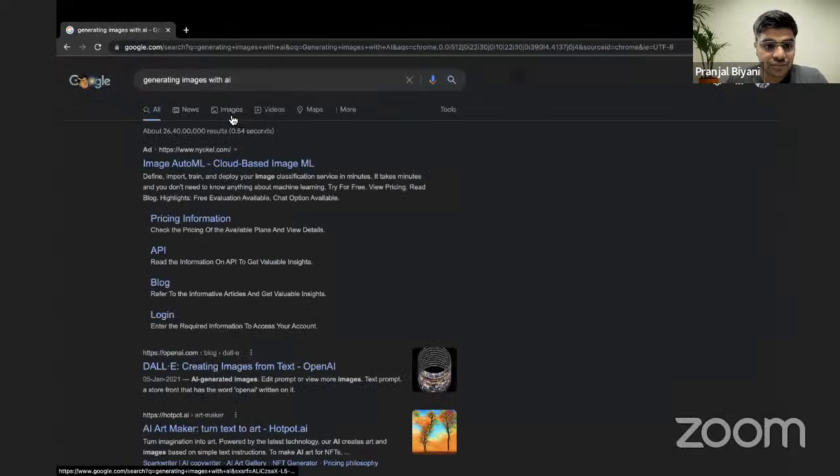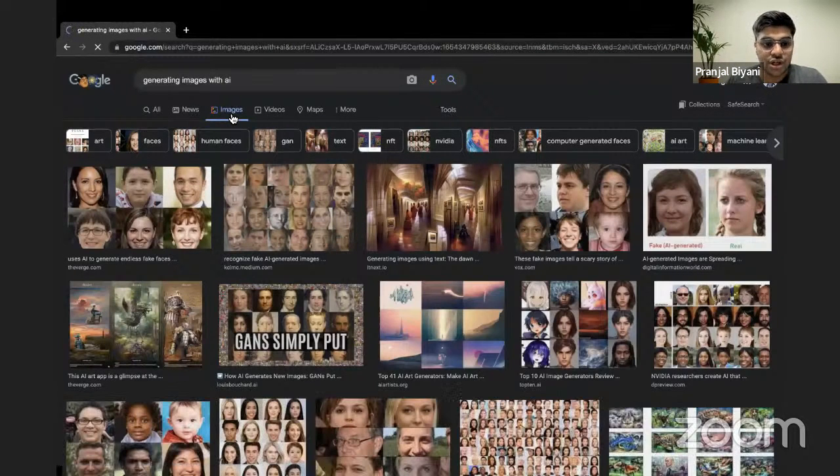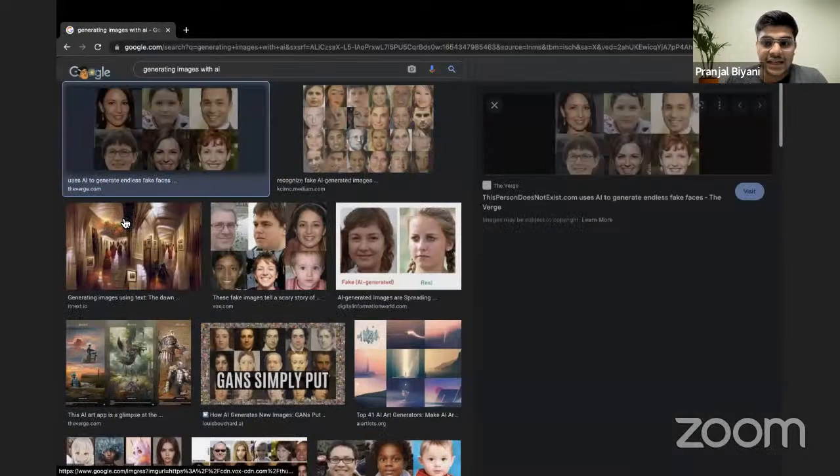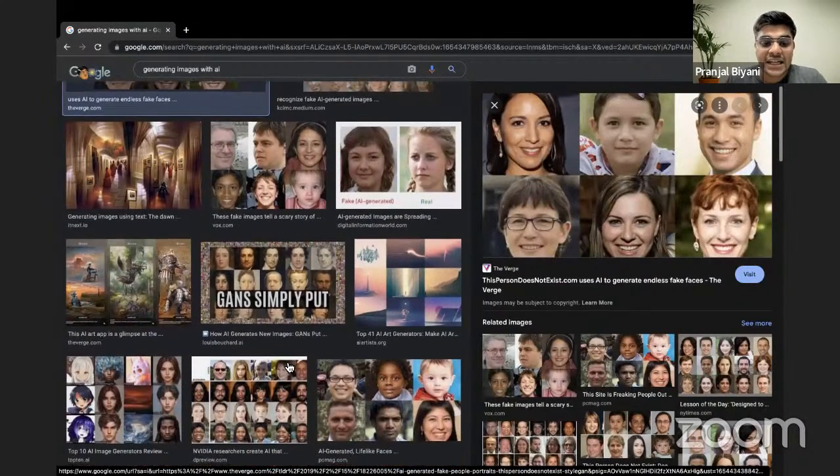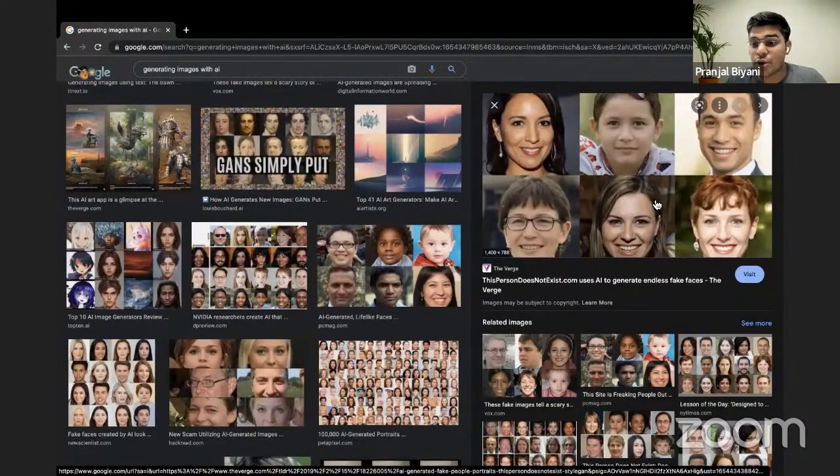If you go to the images section, you will see that these look like true faces, but these are all fake. There is a particular AI model called GAN, Generative Adversarial Network, that is used to generate images that are not real. These people do not exist. But when you look at them, you can never say that they do not exist. You see the website, thispersondoesnotexist.com, right? It can generate endless fake images,